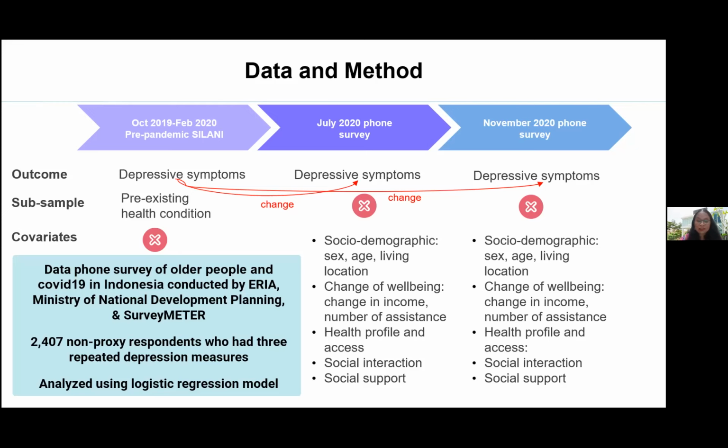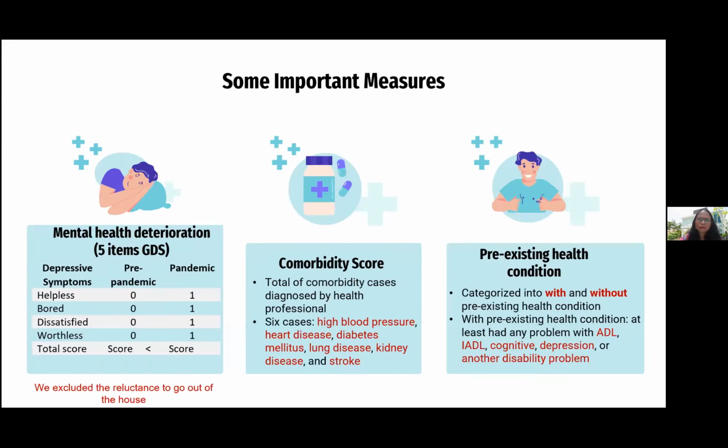We use logistic regression to create the model. Some of the important measurements we use: we define mental health deterioration using the 5 items of GDS, but we excluded "reluctant to go out of the house" because it may confuse and create ambiguity in answering during the pandemic. So we only use the 4 symptoms: helpless, bored, dissatisfaction, and worthlessness, and also include the total score for this